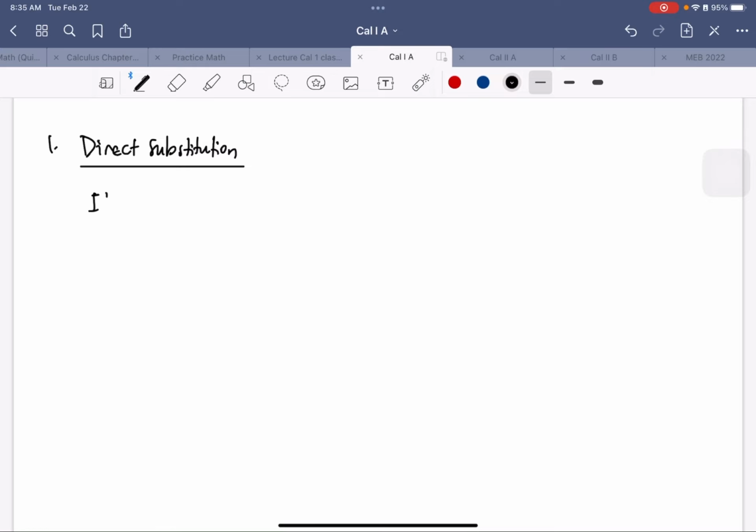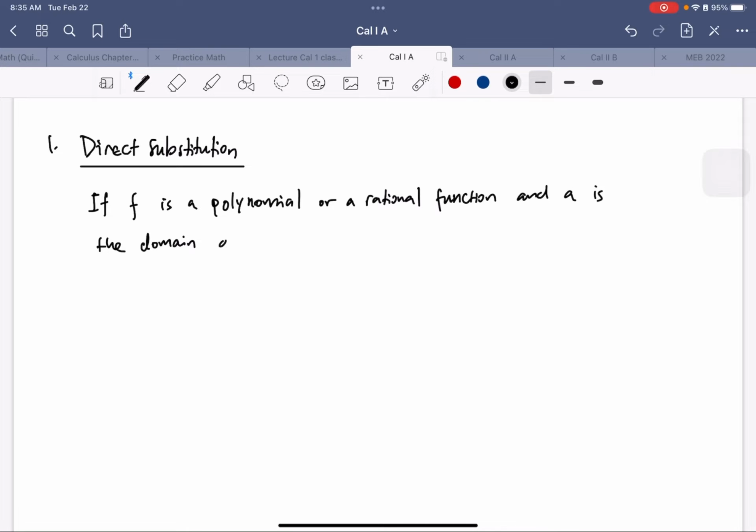Let me write the theorem. If f is a polynomial or a rational function and a is in the domain of f, then